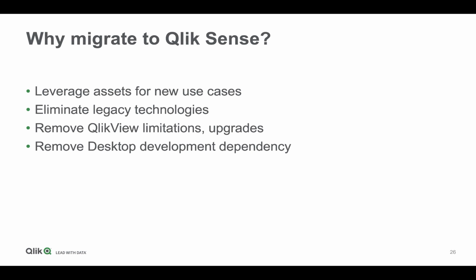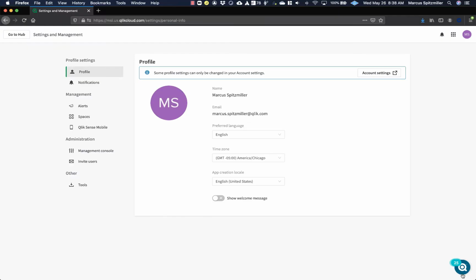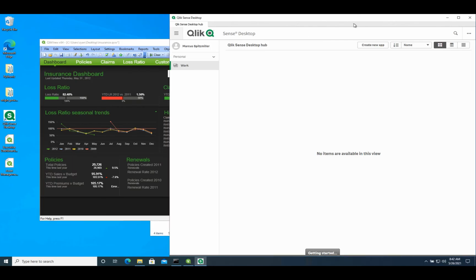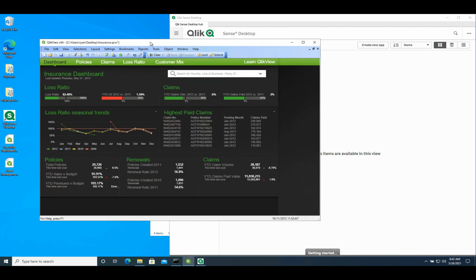And next I wanted to take you through what that looks like. So to get started migrating an application, I'm going to take advantage of a tool that is found in Qlik Sense Desktop. I mentioned earlier that authoring in SaaS is all over a browser, and that is true. However, this bit of utility is found only in Qlik Sense Desktop, so I'm going to download that and install that. Okay, so I have Qlik Sense Desktop installed, and we're going to take a look at this QlikView application. This is an insurance dashboard that has a handful of tabs